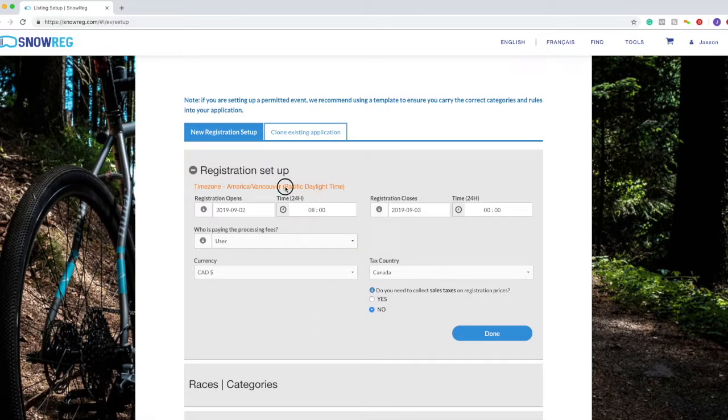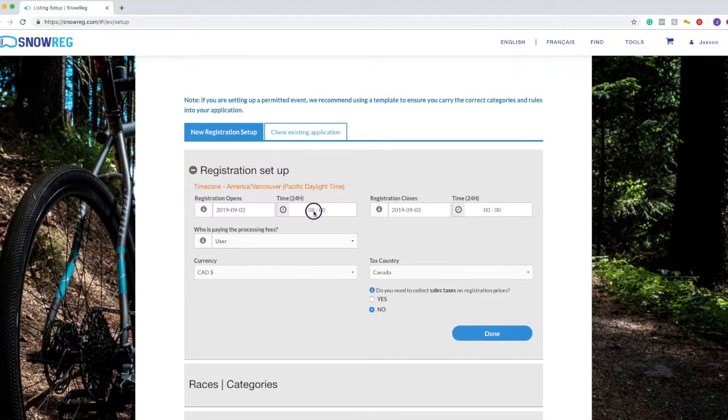Pacific time. This is going to go off the fact that I am in a Pacific time zone. So if I put in 8 o'clock here, Eastern time, it's going to be 3 hours ahead, or in Alberta, it's going to be an hour ahead. So it'll be 9 a.m. for Alberta, or in the eastern portion, it'll be